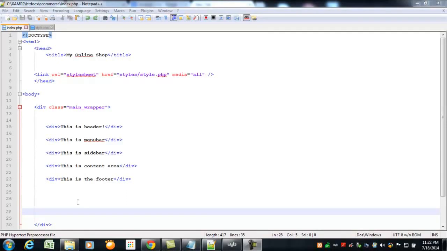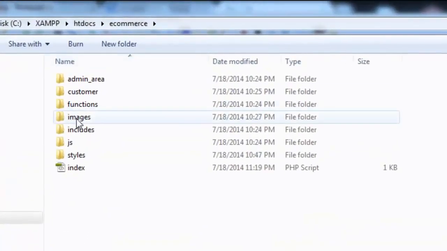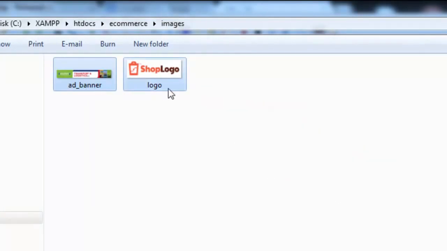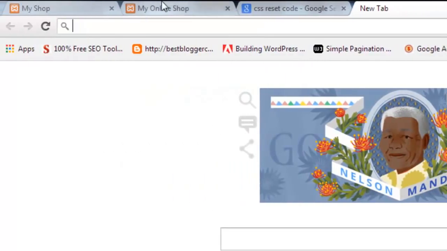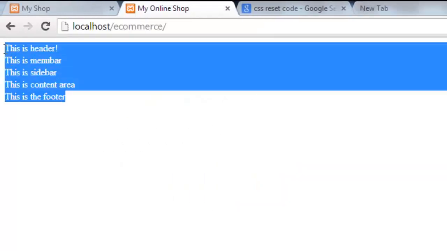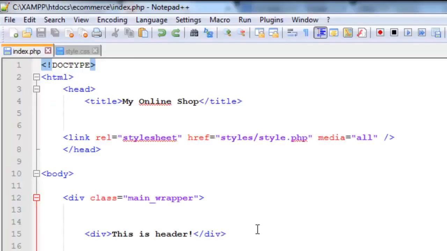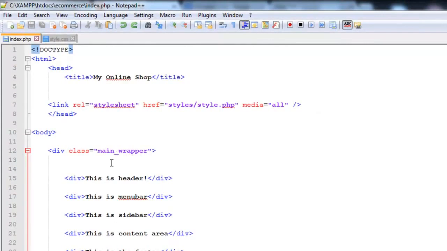While I was offline, I did one thing. I added two images to this folder. Inside the e-commerce folder we have a folder called images. There are two images. One's name is add_banner and another is logo, which we will use in this project, and both are GIF images basically. So we can add that to this index file. So the first thing is basically to create some CSS styles for these sections that we have